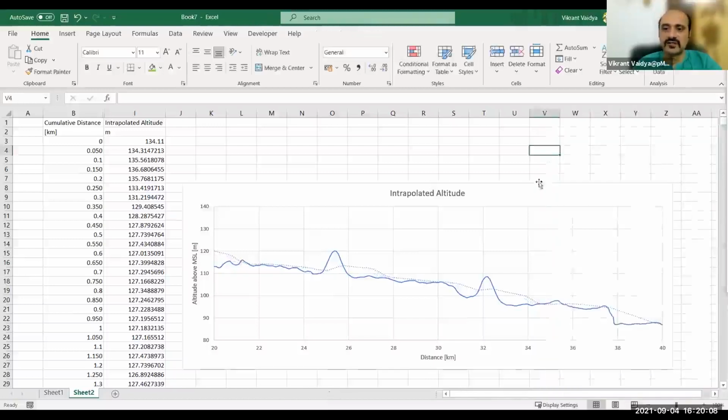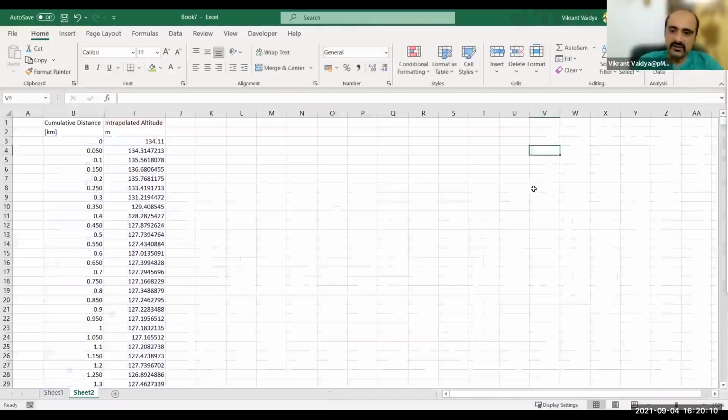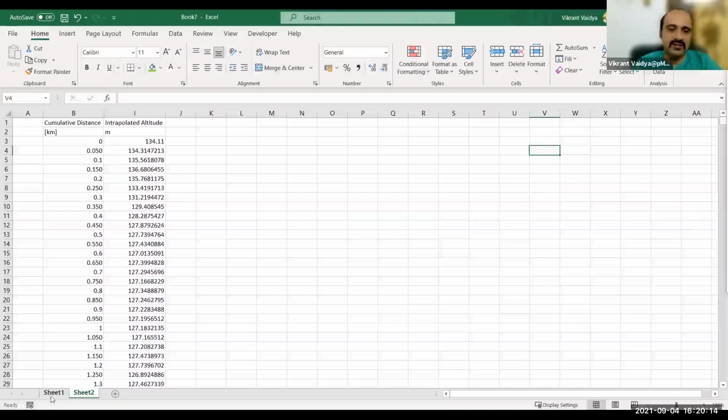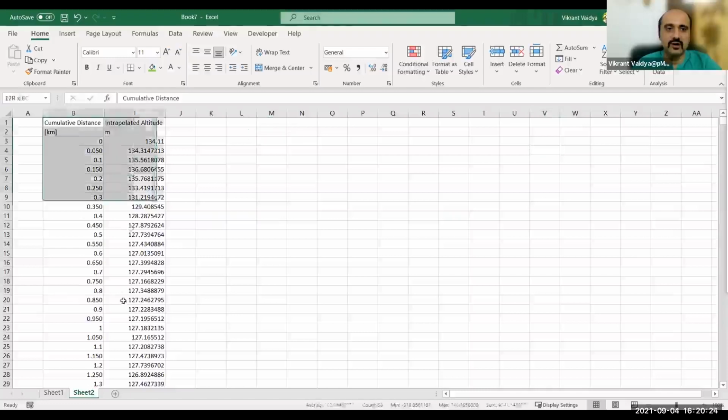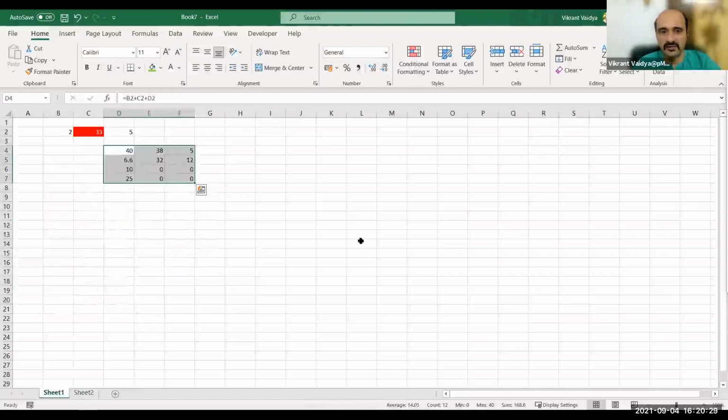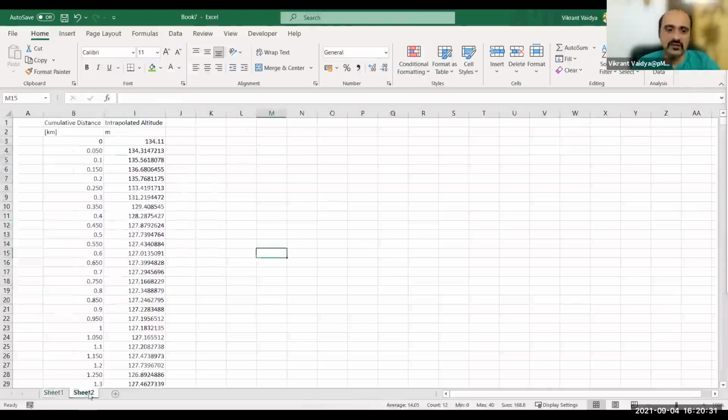Okay, so many things can be done in Excel. All we cannot go through. But these are the basic things: how to enter data, how to program some of the cells with the formulae or the functions, and how to plot. This is a very basic thing. I did not go through all of the functions. I did not go through all of the plots. I will let you explore those.